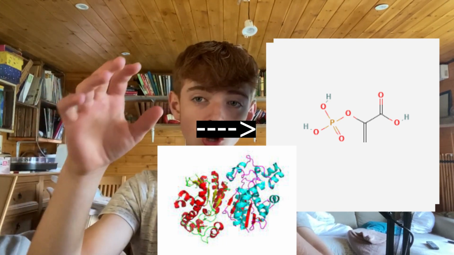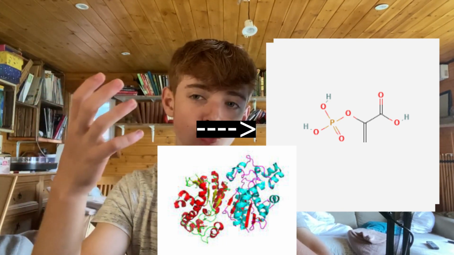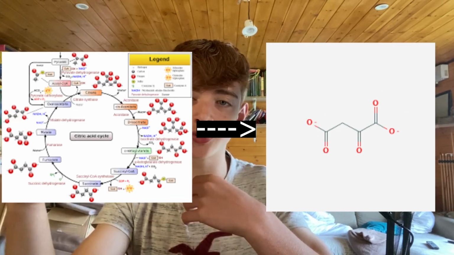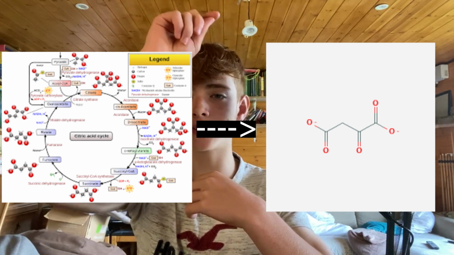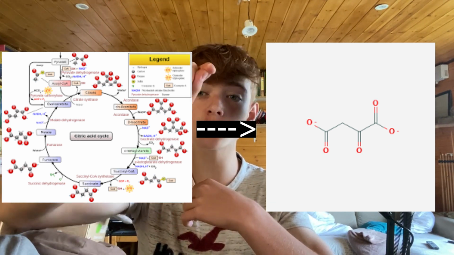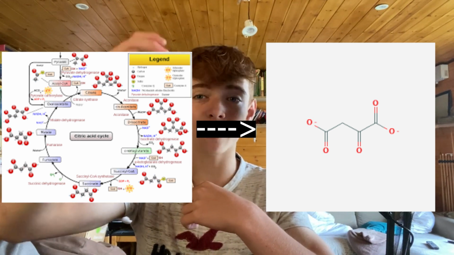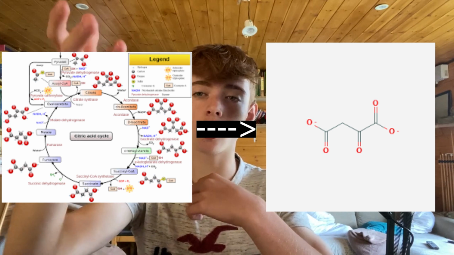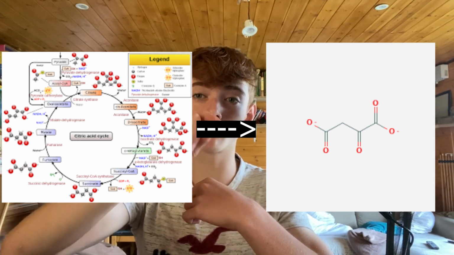Now, oxaloacetate is a very interesting molecule because oxaloacetate is produced during the Krebs and citric acid cycle, and I will put an image up on screen, but when acetyl-CoA goes through the citric acid cycle, you get oxaloacetate, but instead of going to citrate, if you were on a ketosis diet, a carnivore diet, oxaloacetate is going to be used to produce